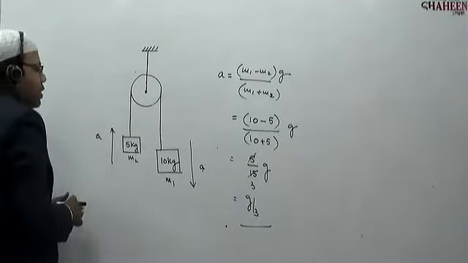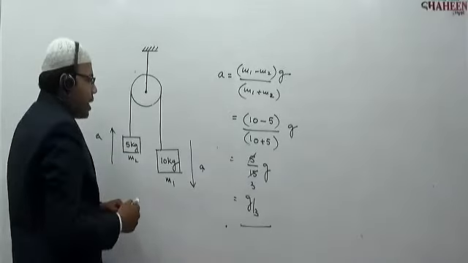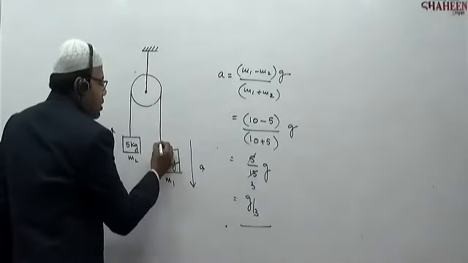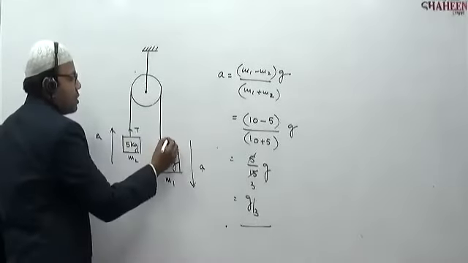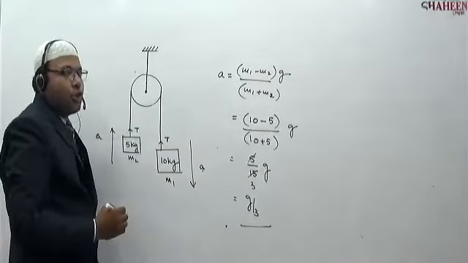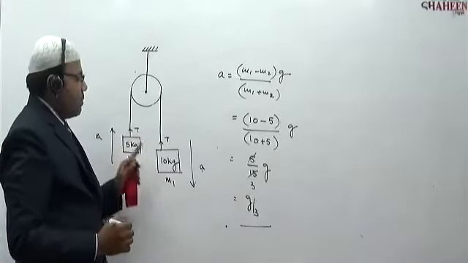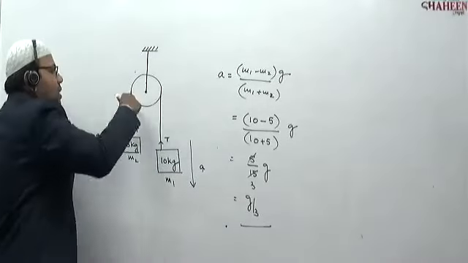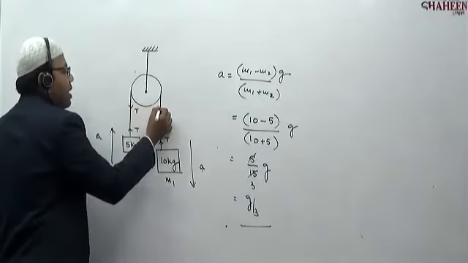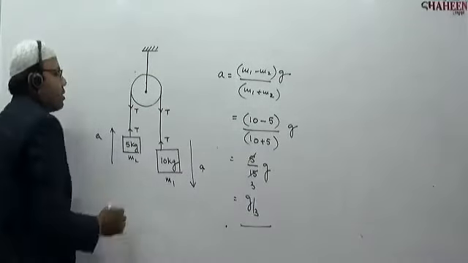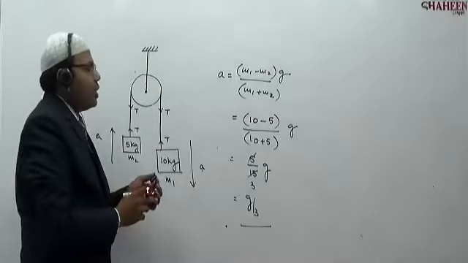So first of all, tension in the string, where it acts. For these blocks, the tension will be away from them, because tension is a pulling force. Already I told you, tension is a pulling force, so it will be away. With respect to the pulley, if you draw, the tension will again be away from the pulley. This is the situation. Okay? So anyhow, we need to calculate the tension.